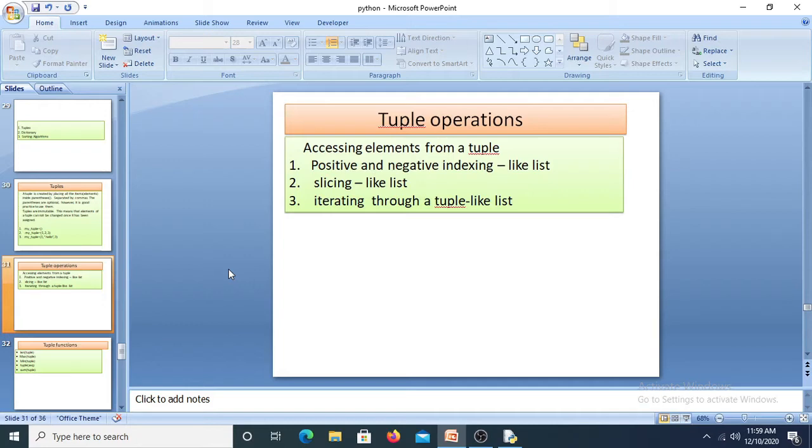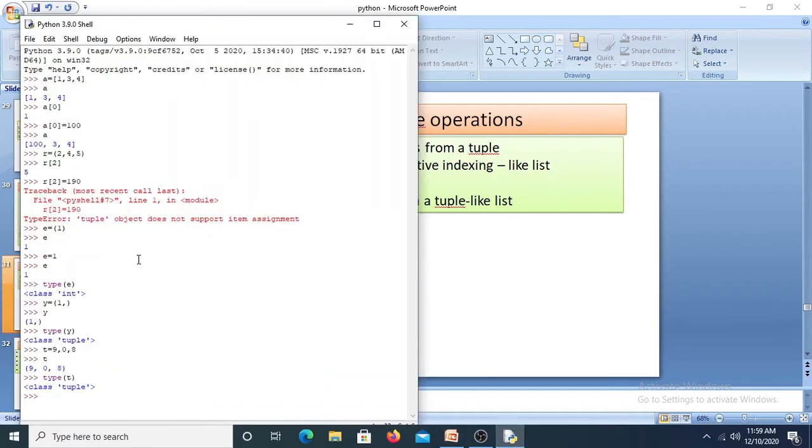This is the tuple we have created, r is equal to 2, 4, 5. If you want to access the value 4, we use r of index 1, and then you can display the value 4. The index value is used the same as in a list.